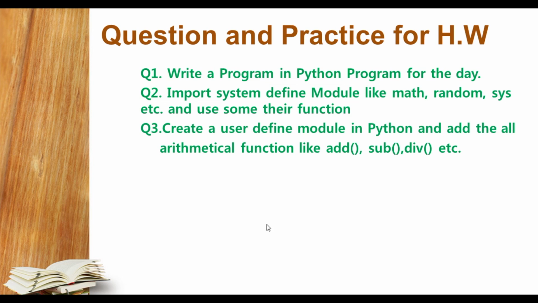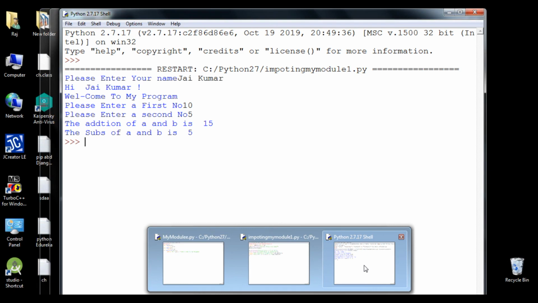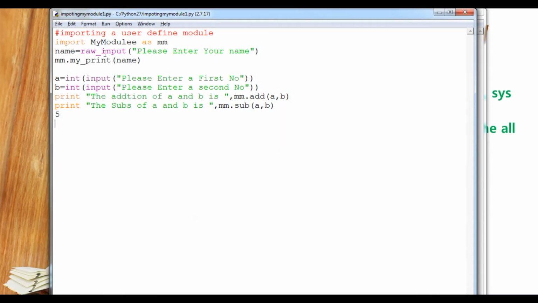One important thing, student, in this particular Python code, if you are using Python 3.7 and above version, you can directly use the input function. Okay student, input within single, double, triple quote, directly please enter your name.